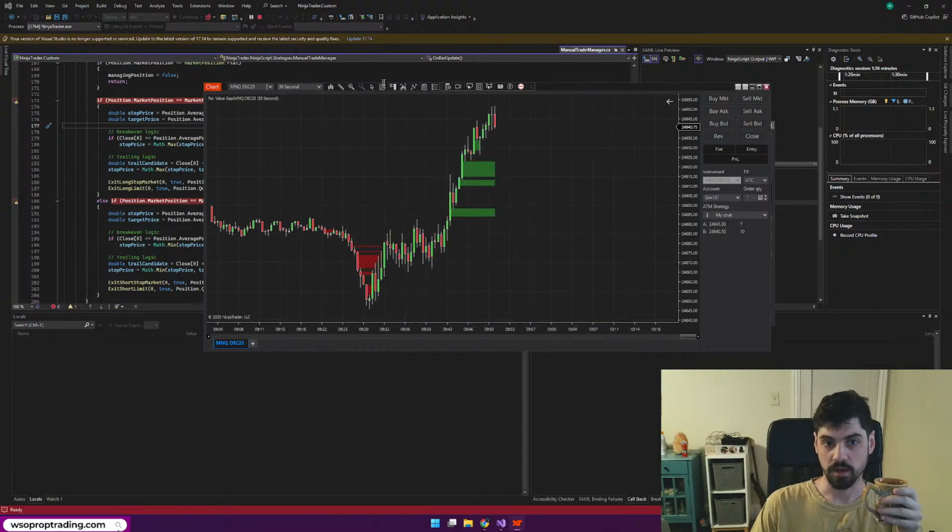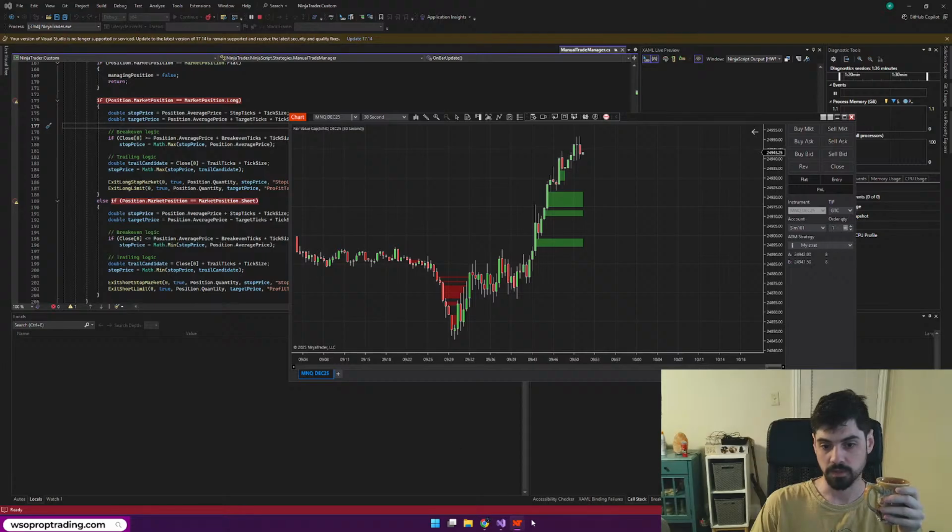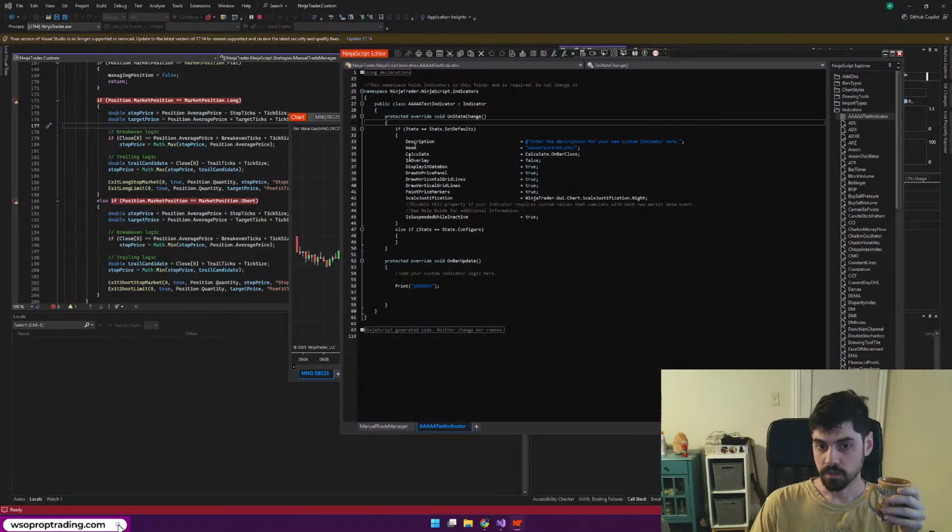Actually, wait, before I do that, I was saying, so these breakpoints still won't get hit. What happened is, NinjaTrader has its own version. This loaded this, and it's saying, oh, this is definitely different. But to the point where it doesn't even know that this file it has is this file over here. It needs this to be recompiled so it can then reassociate this file with the actual compiled version in NinjaTrader. So all we have to do